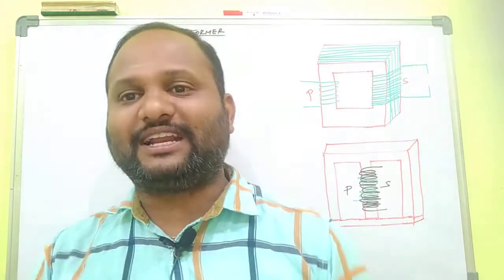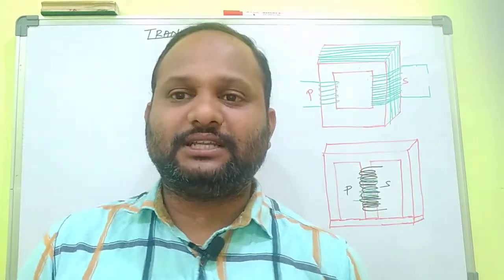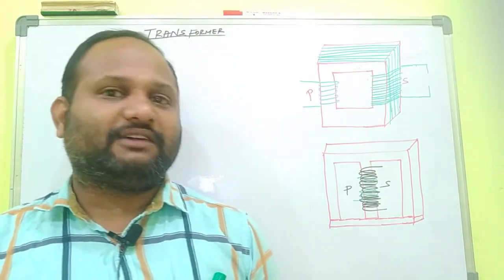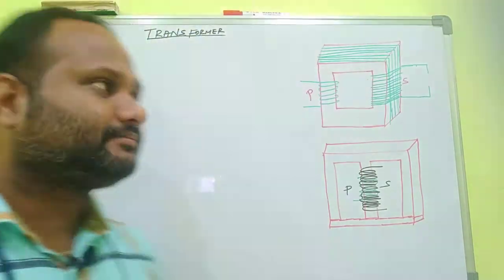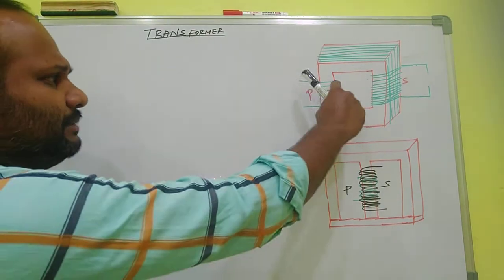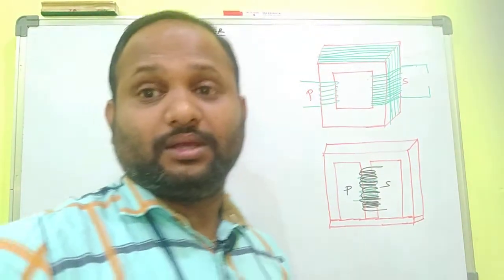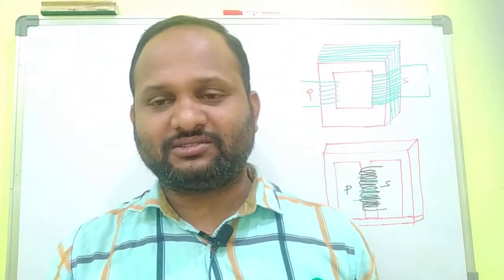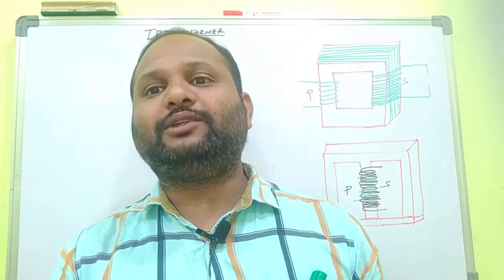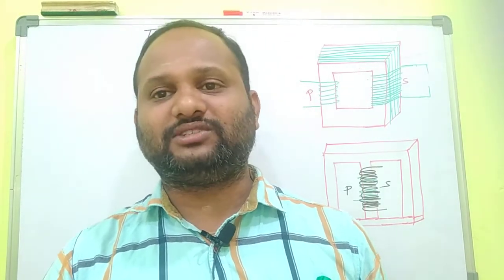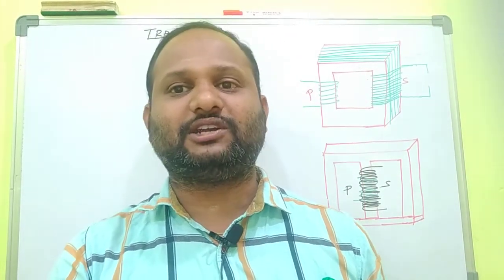Then next, what is the working of a transformer? It works on the principle of mutual induction. What is the work of the transformer here? When an alternating input is applied across the primary coil, that is, alternating current or voltage, the applied voltage changes its direction continuously, after a particular interval of time.